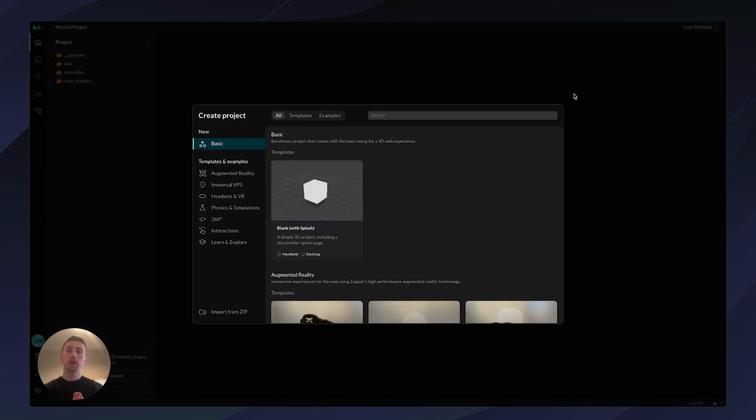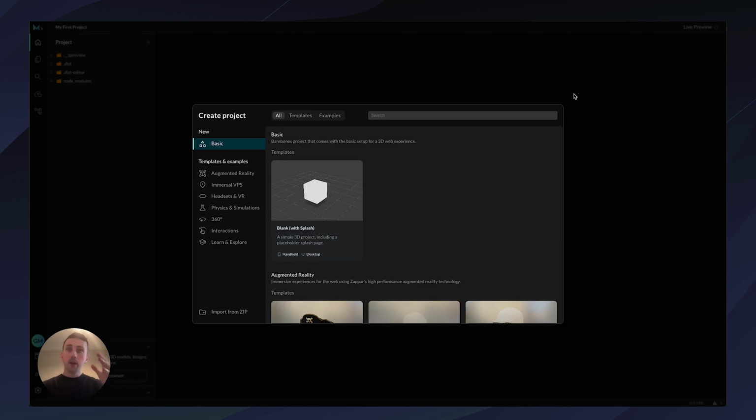Because we've opened it from my.zap.works, we have all of the features and functionality that come with Mattercraft. There are alternative ways you can open Mattercraft through the direct URL, but if you create, let's say, a local project for Mattercraft, you lose some of the functionality, like being able to commit your projects.